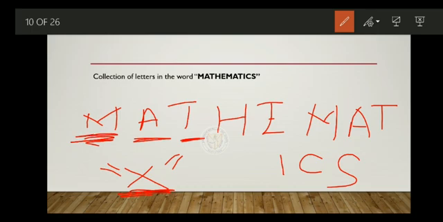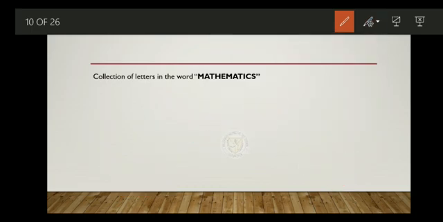So here each letter is called an element. So any object or any member of the set is called an element. Now we'll see how to denote a set. Usually a set is denoted by capital letters.